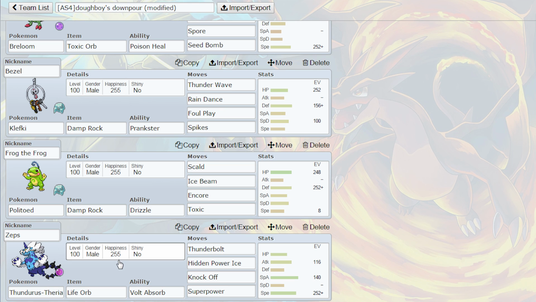Last up on the team, we just have a really all-out attacker here, just to cause as much damage as possible. Life Orb Thundurus-Therian: Thunderbolt, Hidden Power Ice, Knock Off, and Superpower. It's a bit of a mixed set, and the main reason is that Knock Off and Superpower, people forget that Thundurus gets these things, and it's got relatively good attack to use them with,